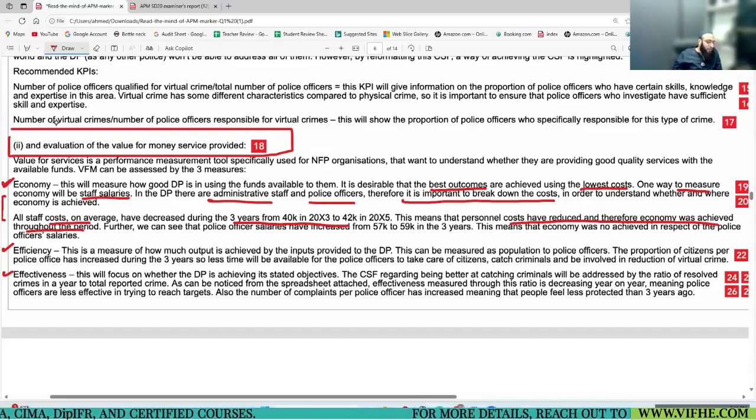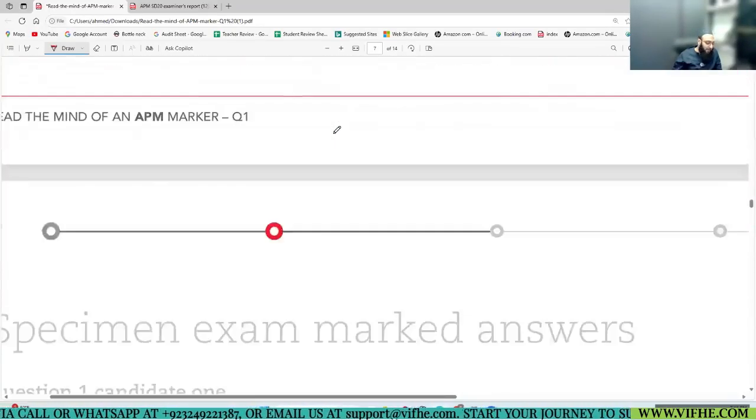Further, we can see police officer salaries have increased from 57 to 59 in 3 years. I don't know from where they worked out that. Let's see. This means economy was not achieved in respect of police officer salary. Somewhat problematic answer.